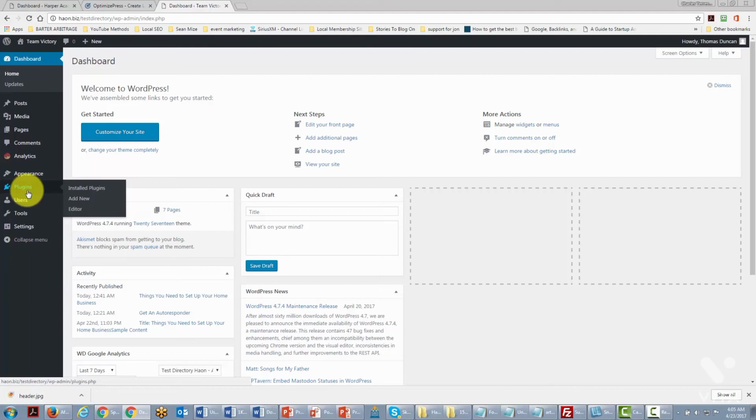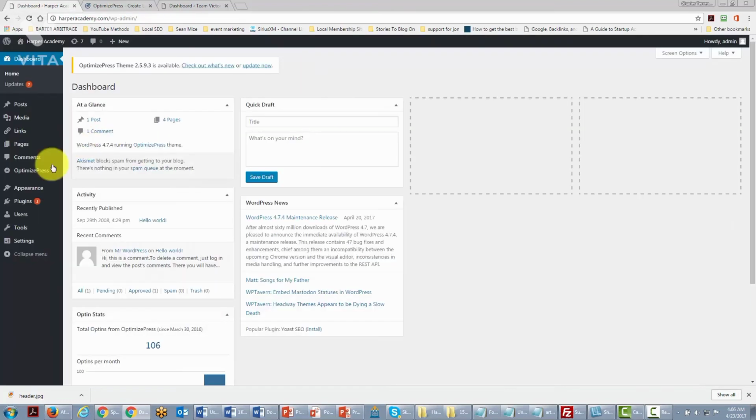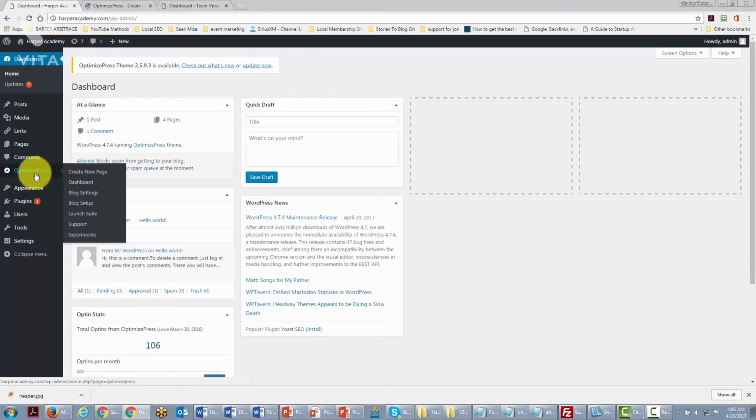You can either add it on to your WordPress website, or you can have a theme that will take over the entire look of your site. One system that a number of network marketers rely on is called Optimized Press. While there are many systems that will give you sales pages, Optimized Press is a theme that will allow you to build business pages, whether it's for your front page or for things that you want to sell and offer to your customers. Once Optimized Press is installed inside of your WordPress website, you have a separate Optimized Press dashboard,